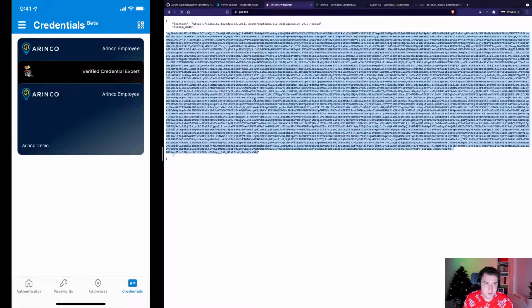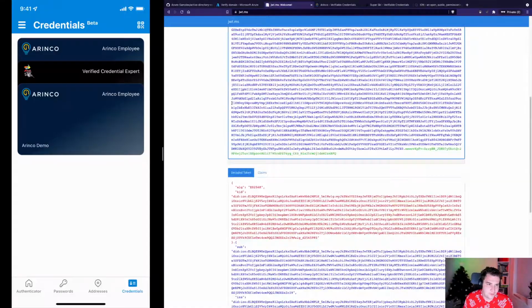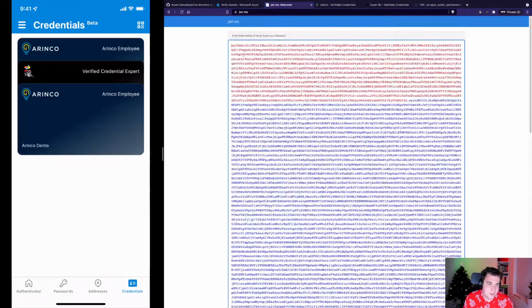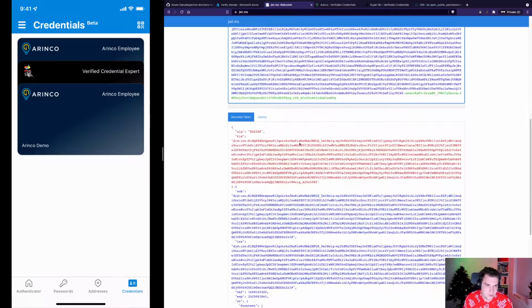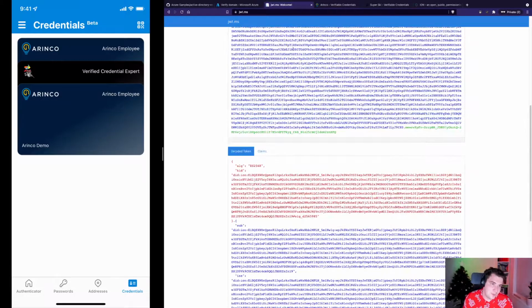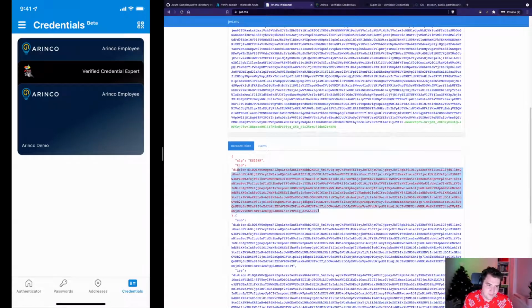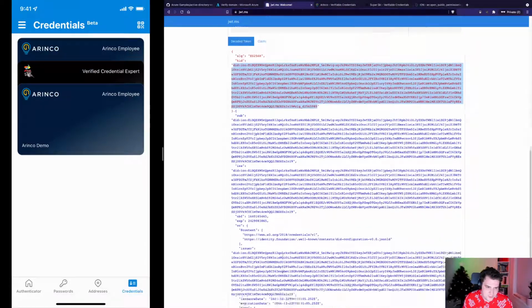I called it out earlier, for identity folk, it's not too much of a paradigm shift, and you see that through the common reuse of technologies like JWTs. Once I've decoded that, you can see a bunch of information in here. You can see the KID is a DID identifier, the subject, the issuer, all that sort of information, right?